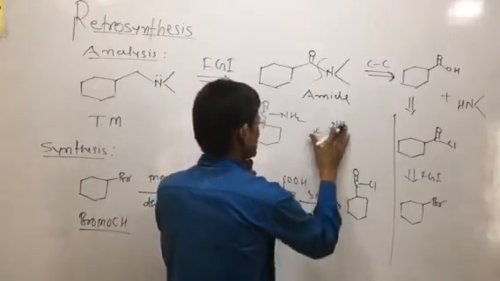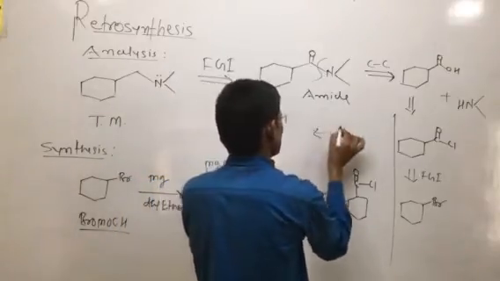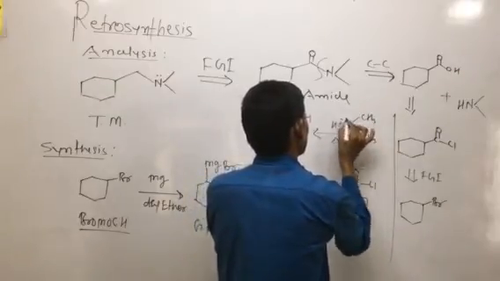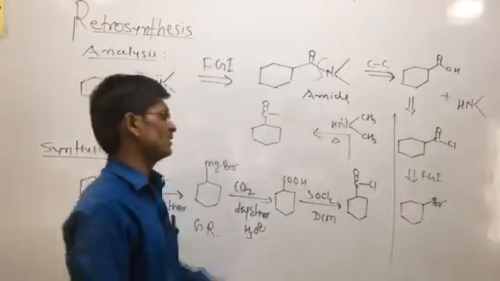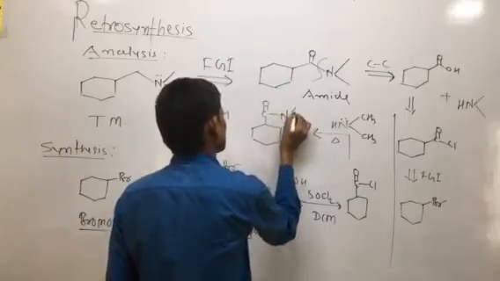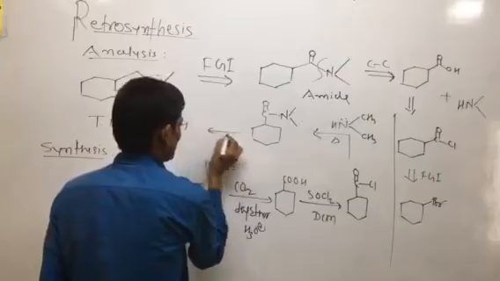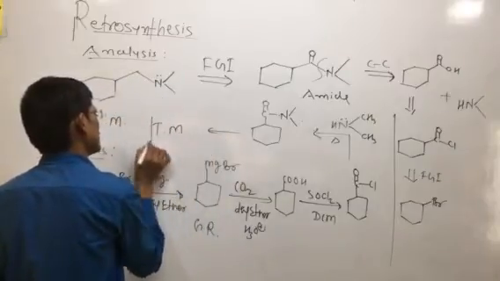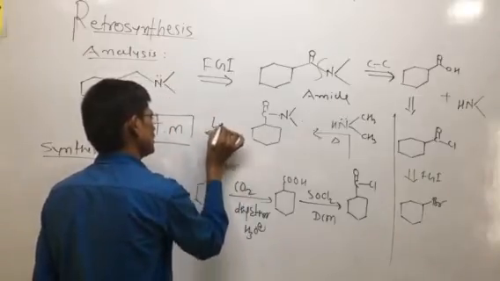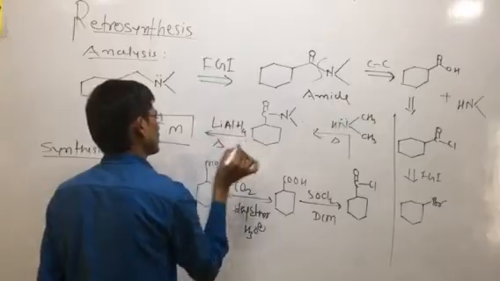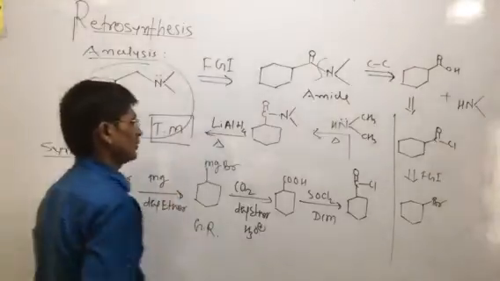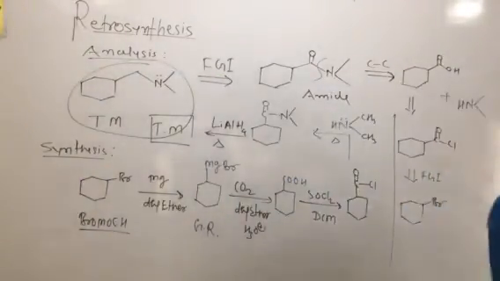This takes place not only with ammonia; we can also take dimethylamine. This acid halide is reacted with dimethylamine, then the formation of a tertiary amide. In the last step, we can get the target molecule. The amide undergoes reduction by using lithium aluminum hydride, very important, and the amide is converted into the target molecule. So this is the plan of the synthesis.